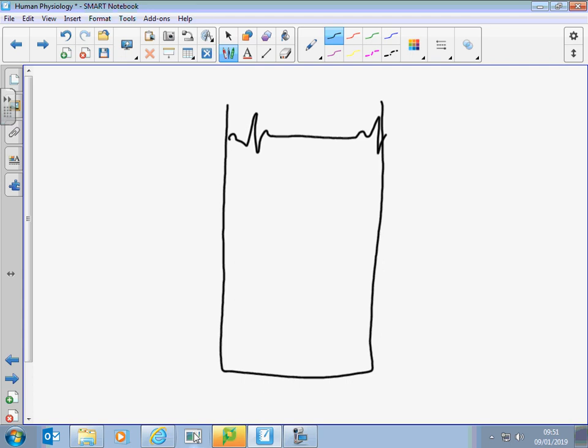There are 3 lines in the pressure bit, and it's just looking at the left side of the heart. Now, if we were to plot the right side of the heart, what would the lines be like? Lower, but otherwise exactly the same. Yes, spot on. The left side of the heart is thicker, it contracts more strongly because of having to deliver the blood around the body.